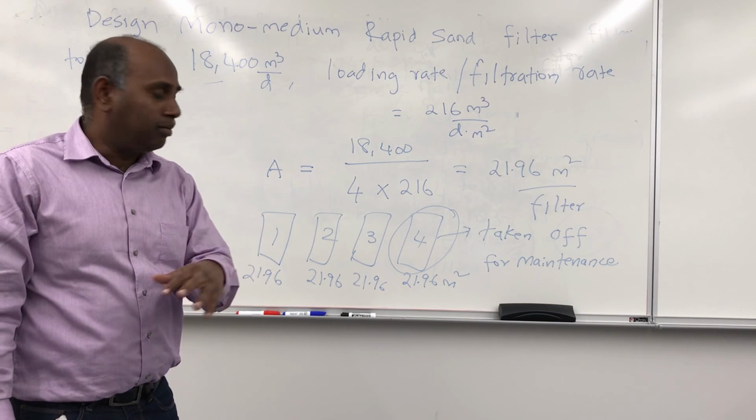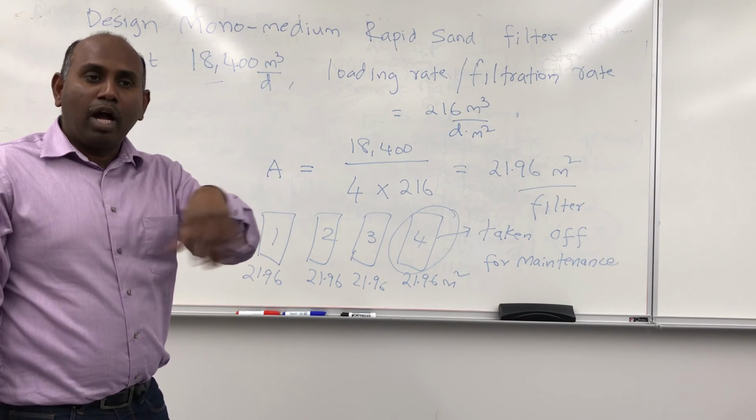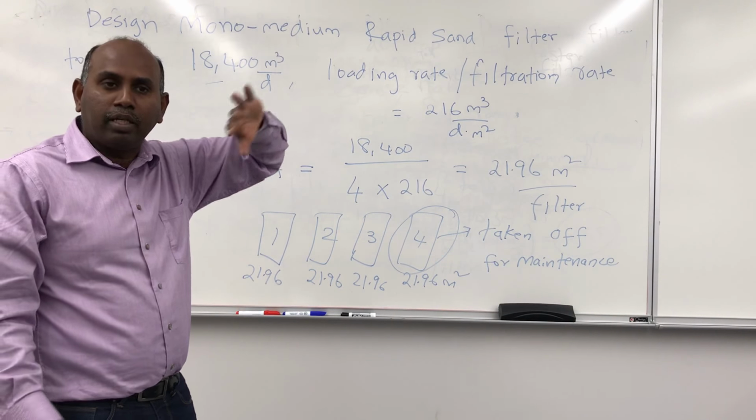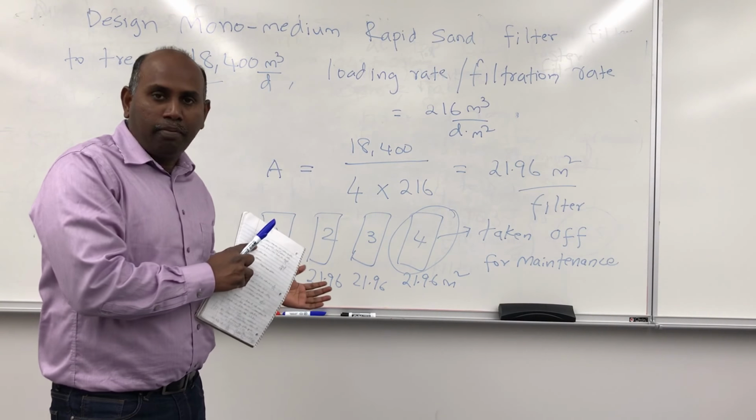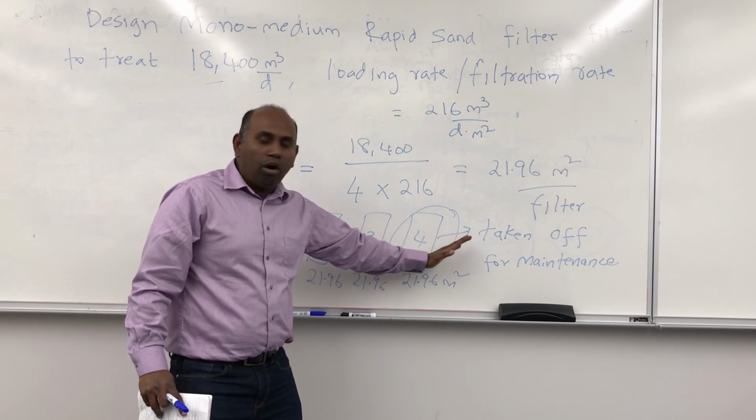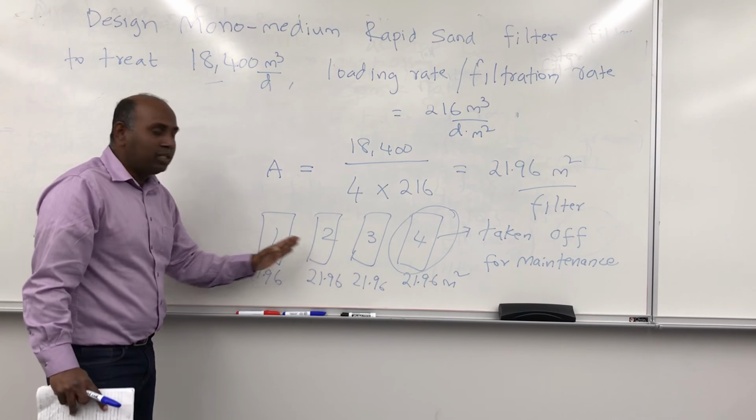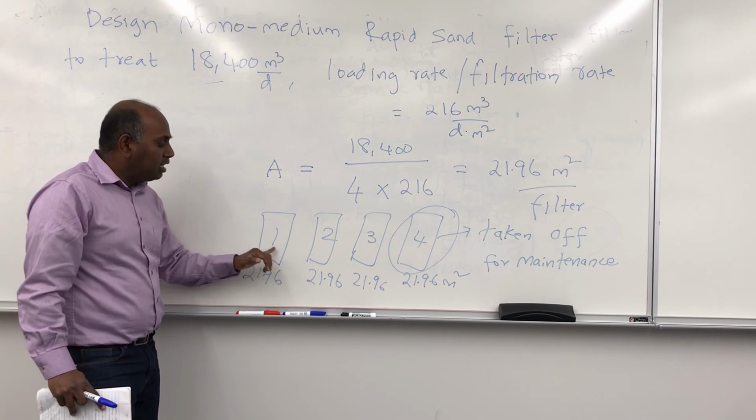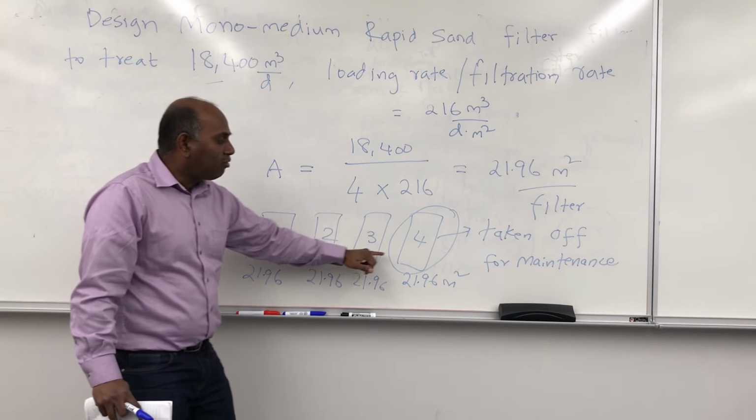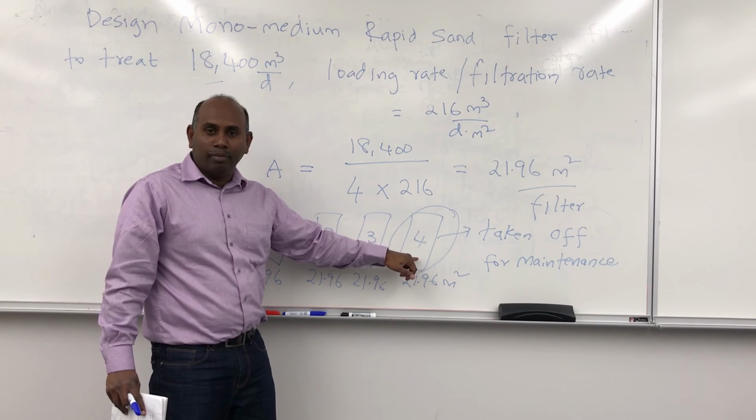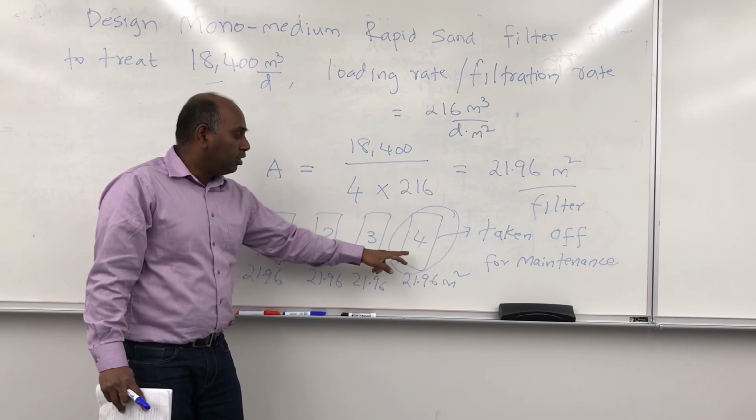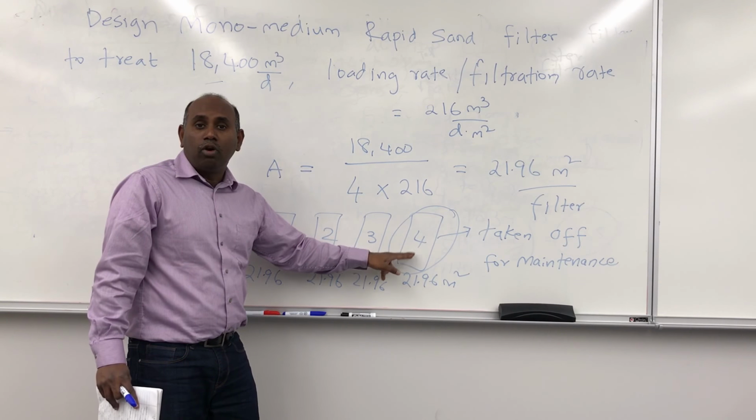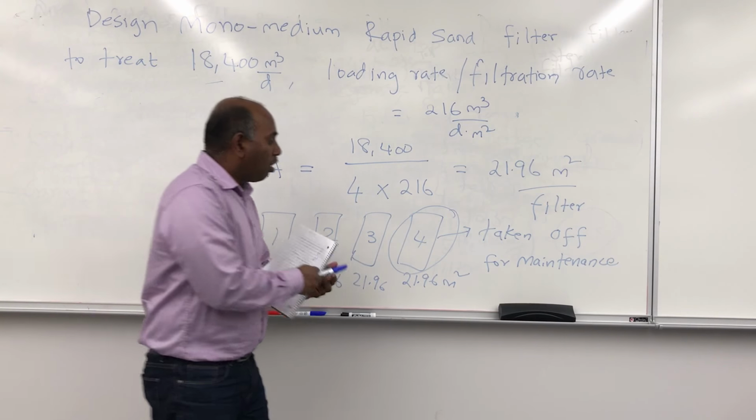We'll talk about that in a minute or later. When you backwash, you remove most of the particles in the filter bed, and the clean filter bed comes back into operation. So when you take this off for maintenance, you have only 3 filter beds. And these 3 filter beds have to take the excess load, or filter the excess water, because 4 is not available. So to accommodate